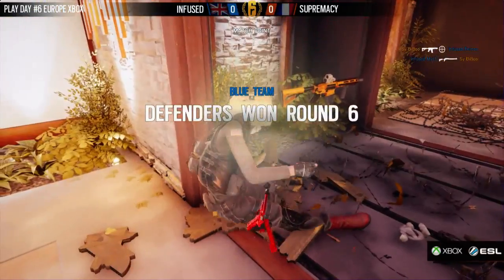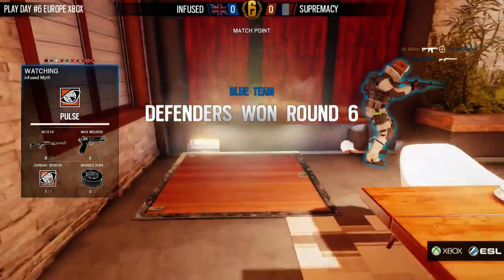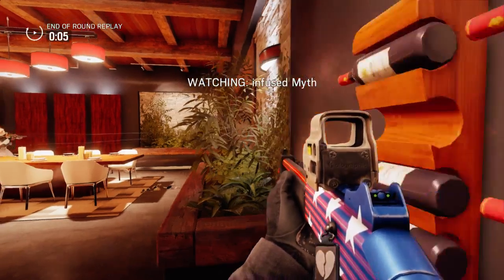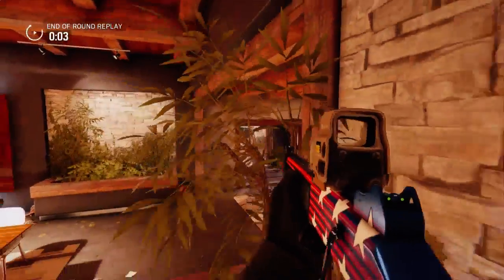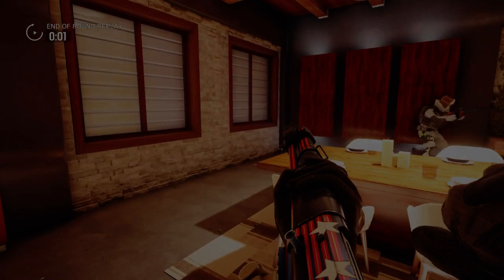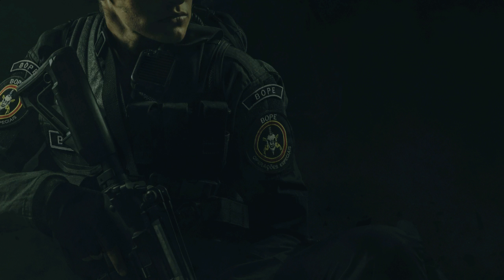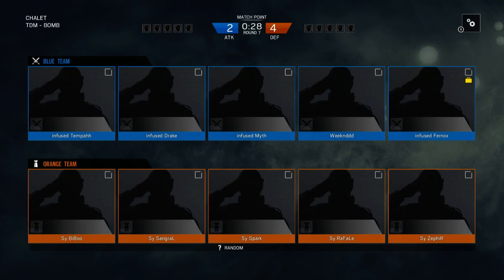He does get the kitchen kill, but the shotgun is there from Myth to finish him off. And Infused live to fight another day. Roamers, roamers, roamers. Oh boy. Why, oh why would you have... Honestly, this game has come down to the roamers, it looks like, for the most part. And that was an incredible play coming out from...